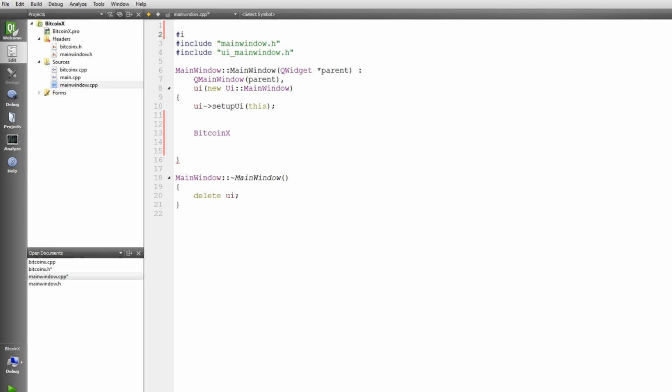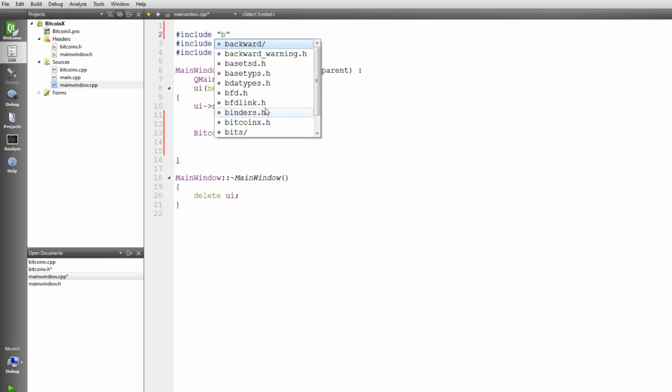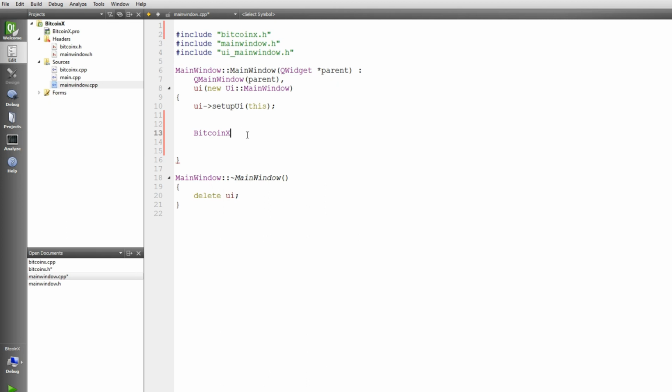Can't do anything unless you. Alright, so Bitcoin. Hold on. Bitcoin X Genesis block, new block